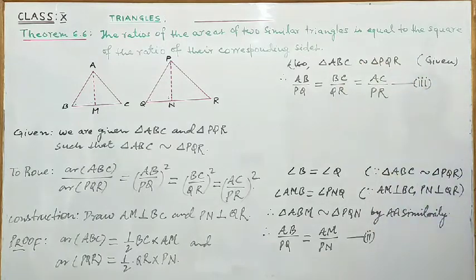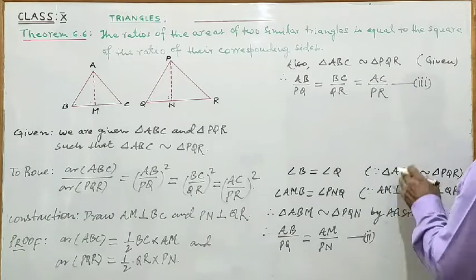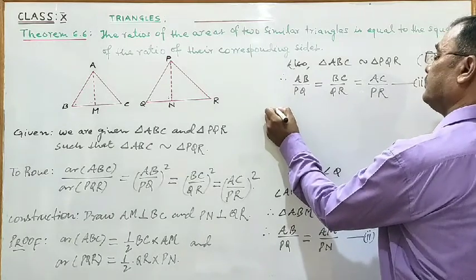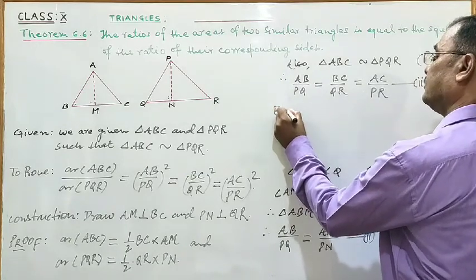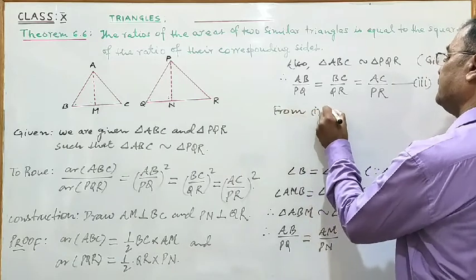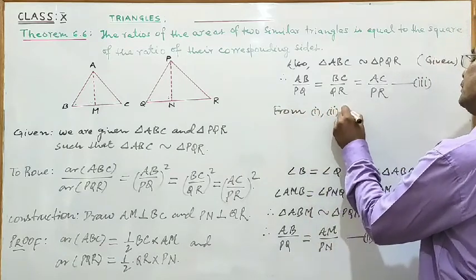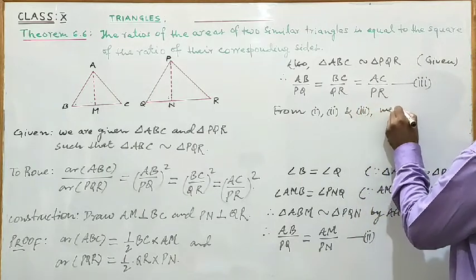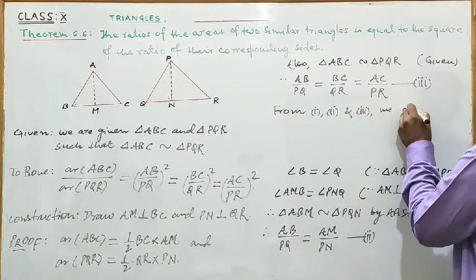If triangles are similar, then their corresponding sides are proportional. Now from 1, 2 and 3, we get